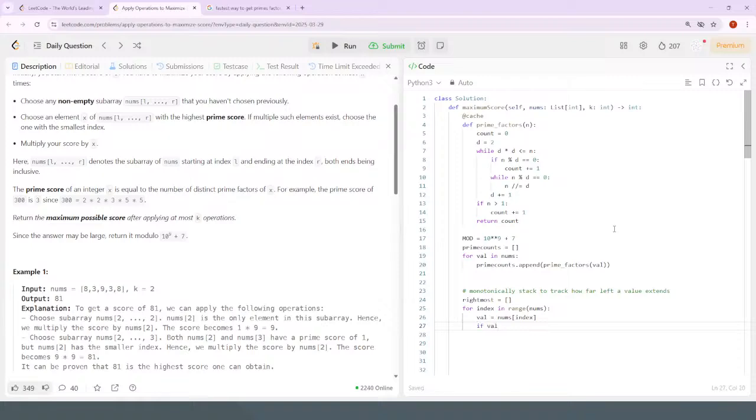If this value is bigger than, no, the score of this value. Say the score is equal to my prime counts at this index, and then it's going to be while this score is bigger than the